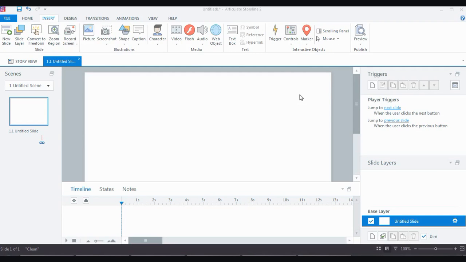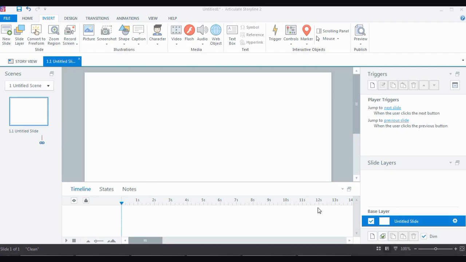Before we start using interactive elements, let me quickly give you some idea about what are layers, triggers, and then when we have a button, how we can use layers and triggers and a combination of all that. So if you see on the lower right hand side of the screen, we have something which is called the base layer. So this is the layer where we have all the buttons that we can place,